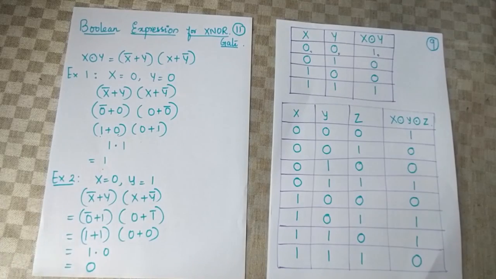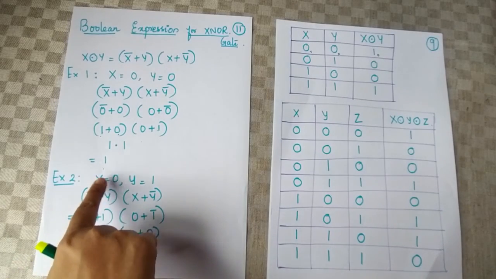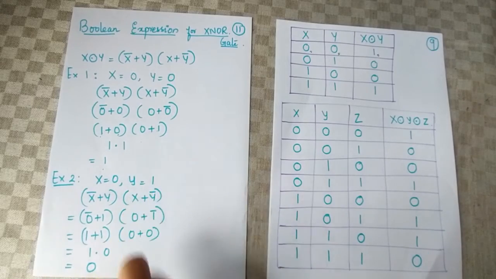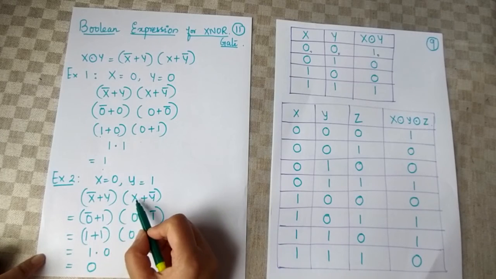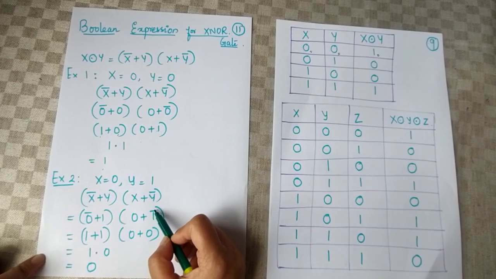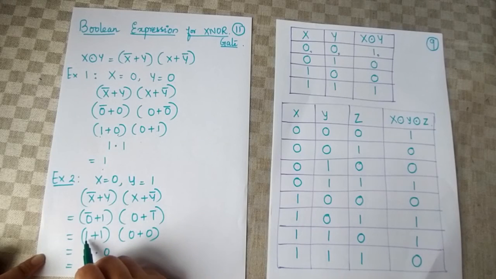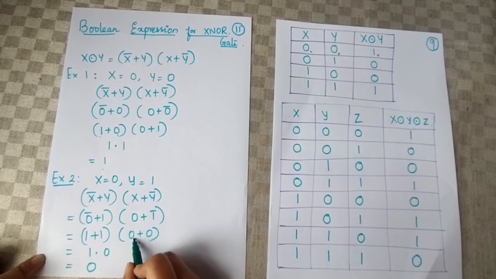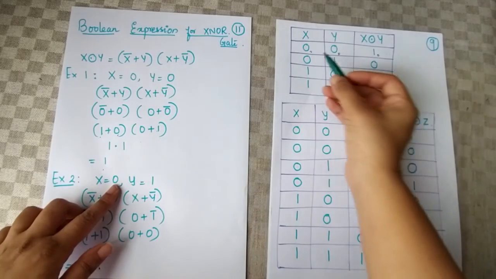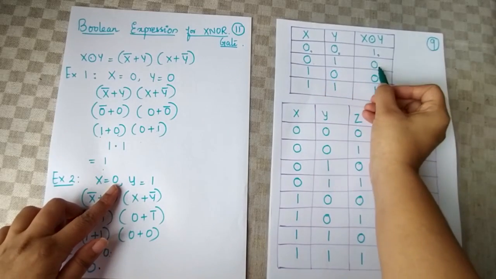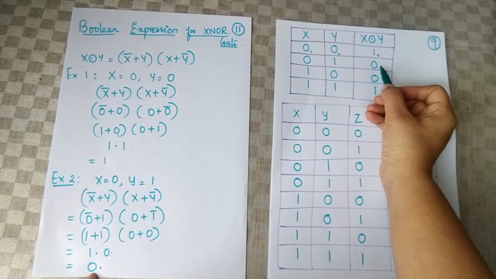Okay. Let's take another example wherein x is 0, y is 1. Now go on replacing the values. X with 0, 0 complement plus y is 1. X is 0 plus y value is 1 complement. 0 complement will be 1 plus 1. 0 plus 1 complement is 0. 1 plus 1 results in 1. 0 plus 0 results in 0. 1 dot 0 results in 0. So for the input values 0 and 1, just check here. It is 0, 1. What is the result? 0. The same you are getting with the Boolean expression also.